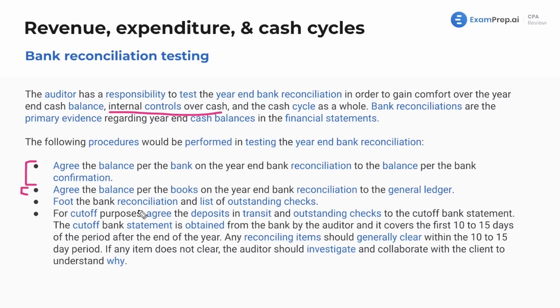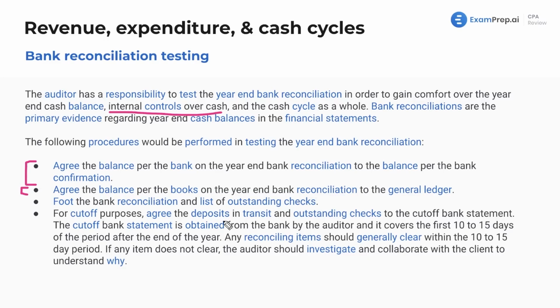Then you want to foot the bank reconciliation and list of outstanding checks. You want to just check it for mathematical accuracy. That's really, I think, a good way to summarize that. For cutoff purposes, you want to agree the deposits in transit and the outstanding checks to the cutoff bank statement. You want to make sure that those reconciling items that they listed are legitimate, that you can actually find them,